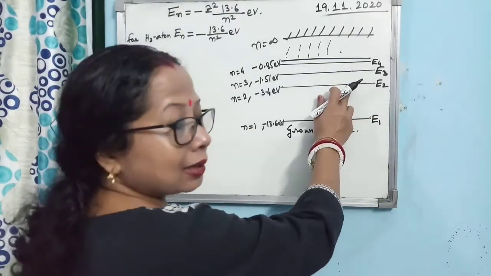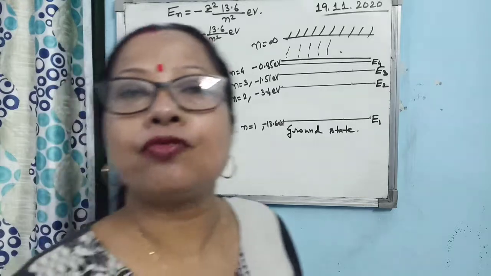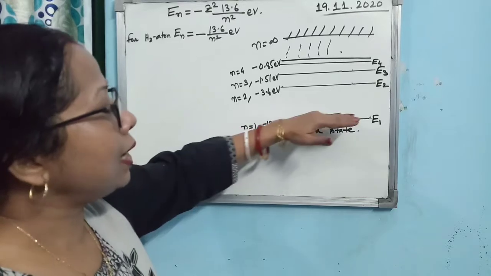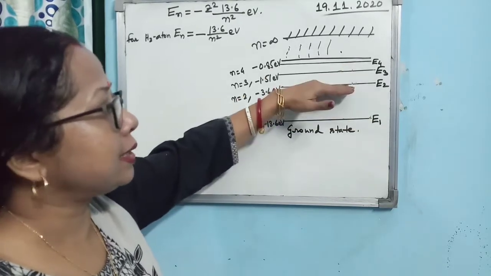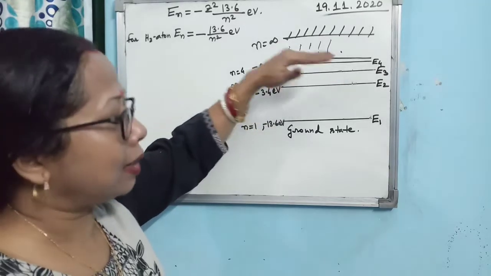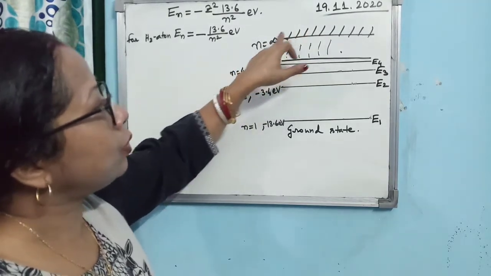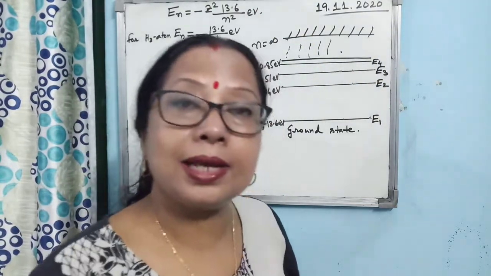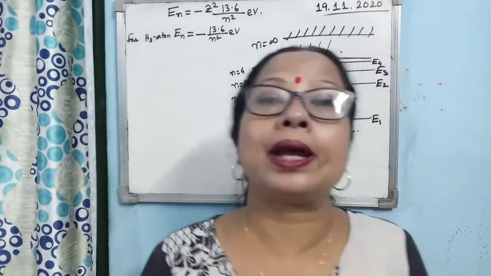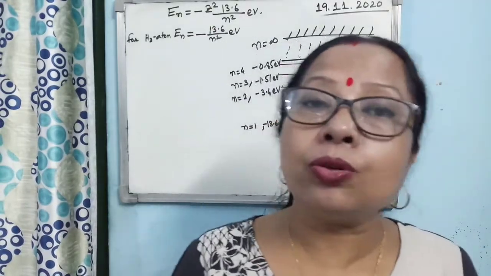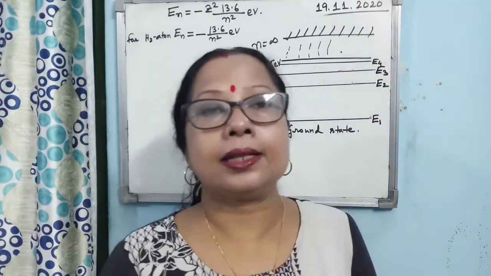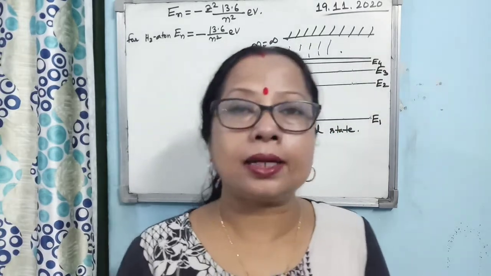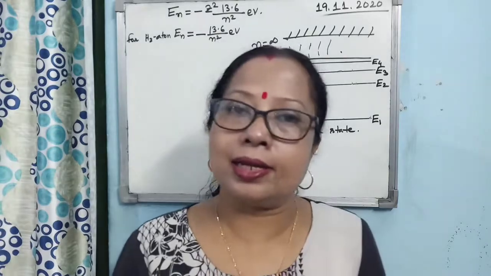So when it comes back, it will emit the extra energy in the form of radiation. Okay, that is the concept. So in this case, if an electron is in the ground state or any energy state, and you can take the electron to the infinite state, the highest energy level, then what will happen? What is the physical meaning? That you are taking the electron out of an atom. It means you are converting the atom into an ion, because if you take any electron out of the atom, it is converted into a positive ion. Is that clear?